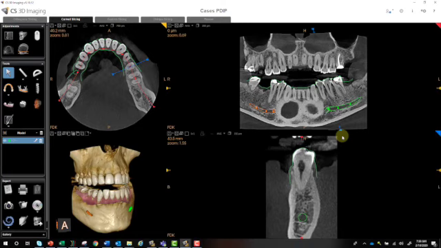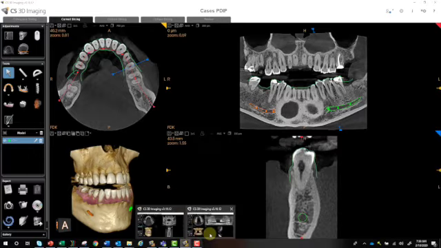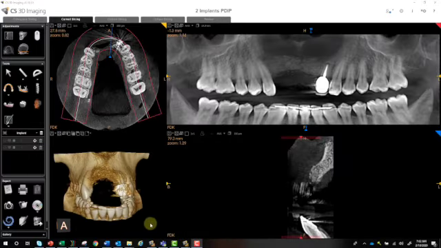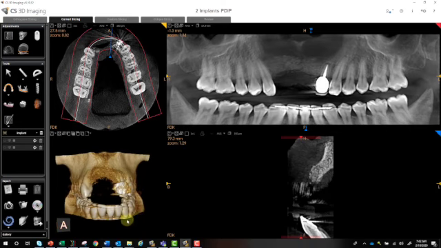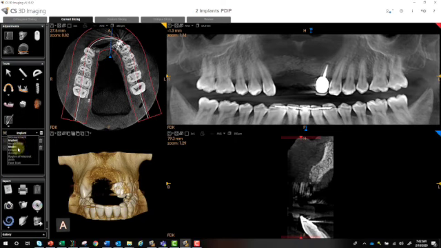Now obviously you don't have to merge a digital impression scan with every single case, but it can definitely be helpful in a variety of different cases. I'll show you one example here. We've got this large edentulous span in the maxillary anterior, and obviously placing implants here would be more challenging. But if we merged